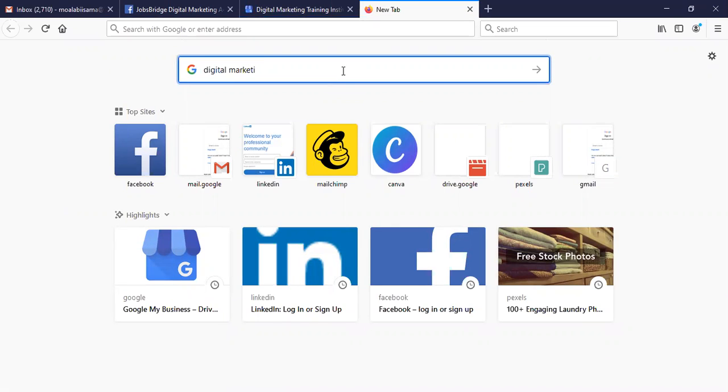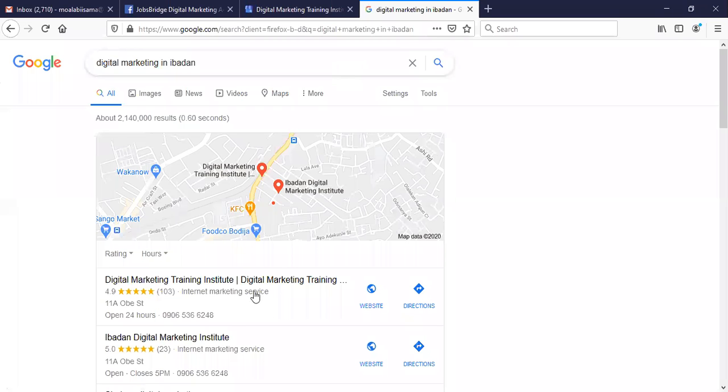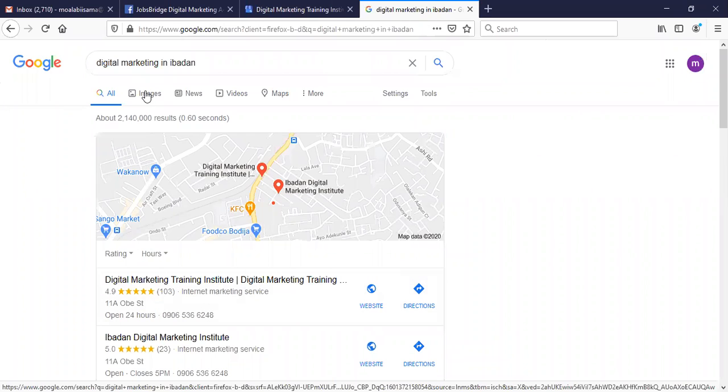Now, for example, say, if I go to Google right now and I type in digital marketing in Ibadan, okay? If I do that, digital marketing in Ibadan, okay? You see, this is our organization. But if I click on images,